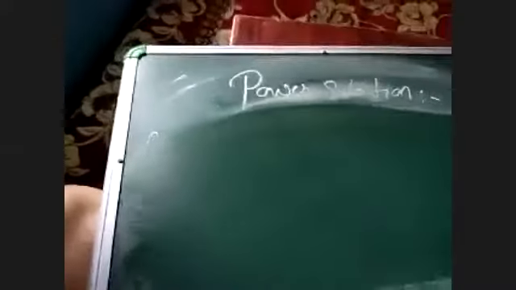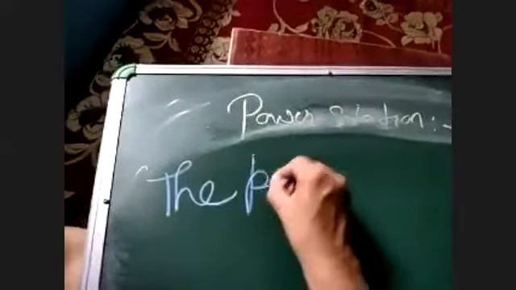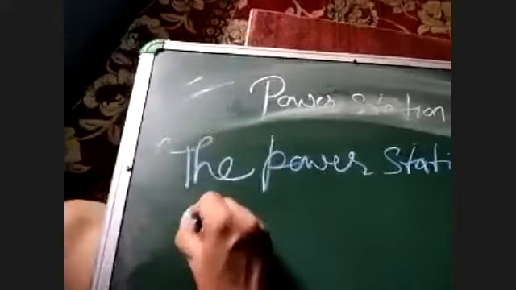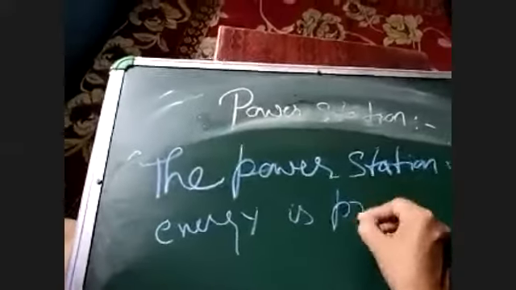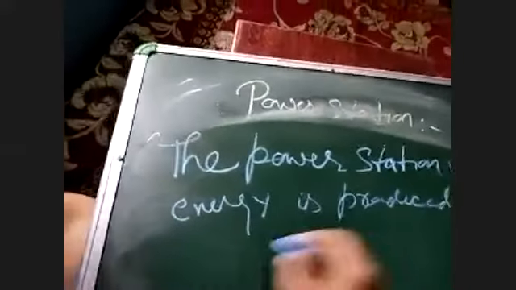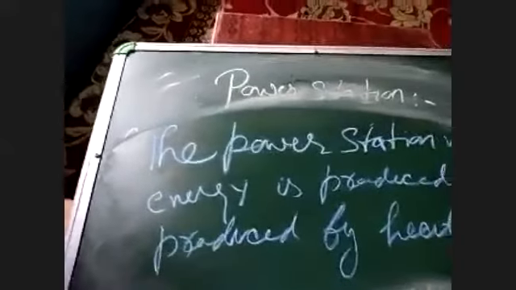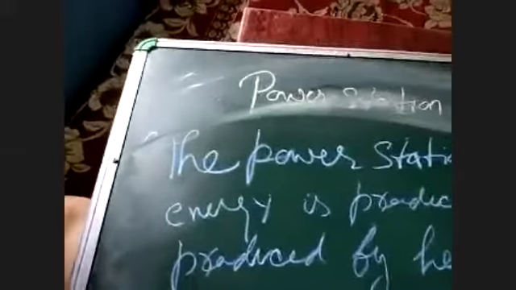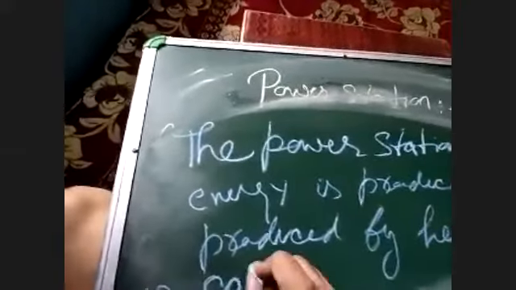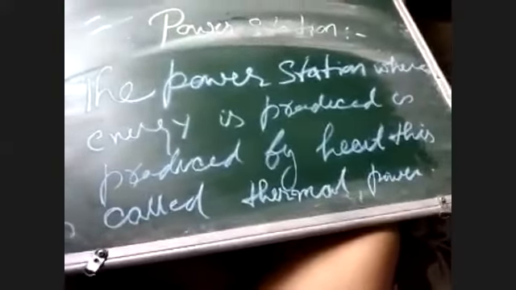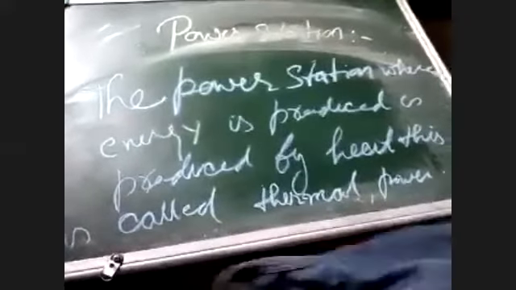जहां एनर्जी पानी से बनता है, और जहां एनर्जी कोल से, हीट से बनता है, उसको क्या कहते हैं? थर्मल पावर स्टेशन, ठीक है। The power station where energy is produced by heat, this is called thermal power, ओके। तो इलेक्ट्रिक पावर बनता है एक वाटर से और दूसरा हीट से।